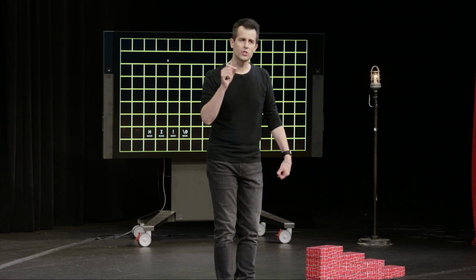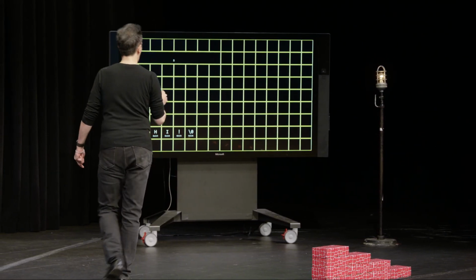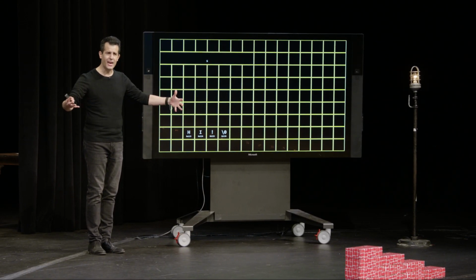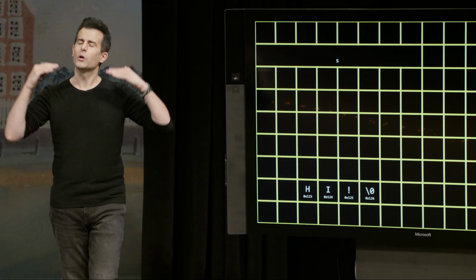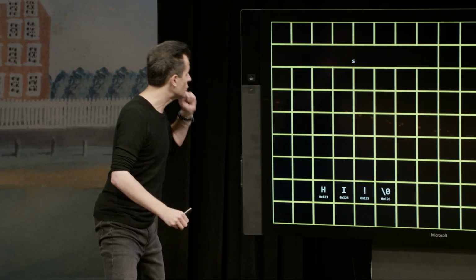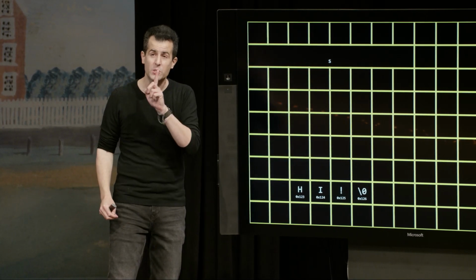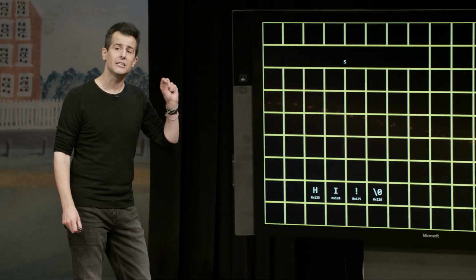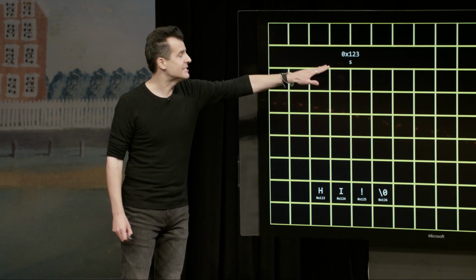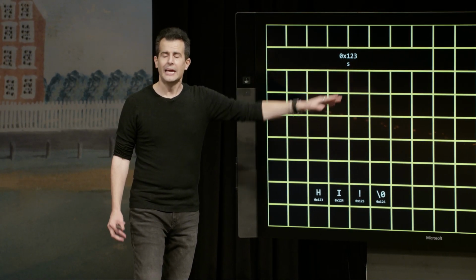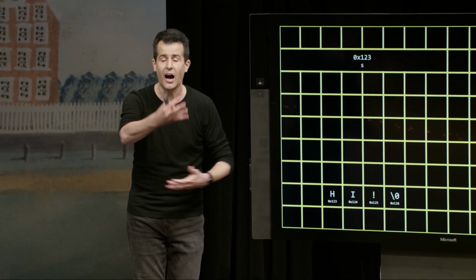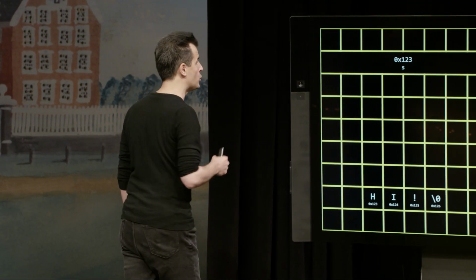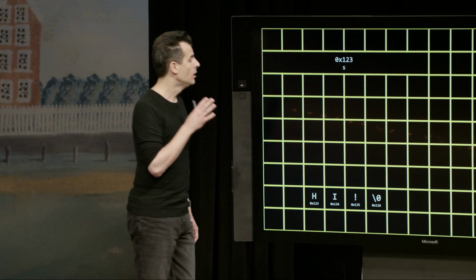Well, if a string is just an address, the return value of a function like getString is not the string per se, because that's kind of a high-level concept. What getString has always been doing for us is returning the address of the string, or more specifically, the address of the first character in the string. And so what is technically stored in s, to be clear, is that address, 0x123. It's not returning the whole string, the H, the I, the exclamation point. Rather, it's returning just one value to you: the address of the first character of that string.